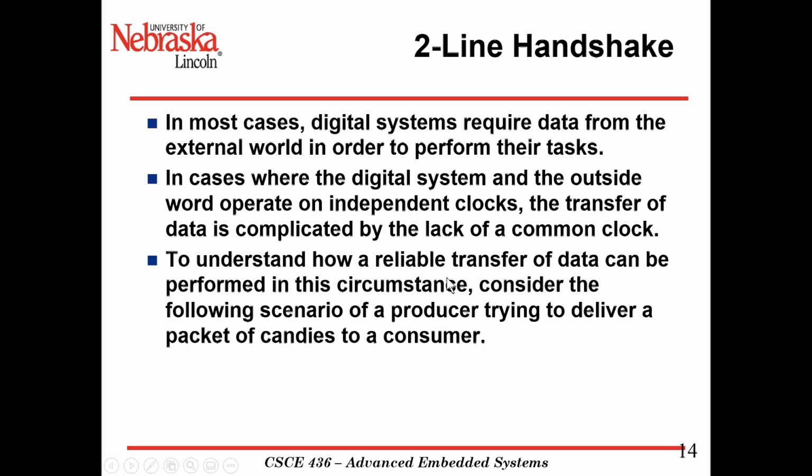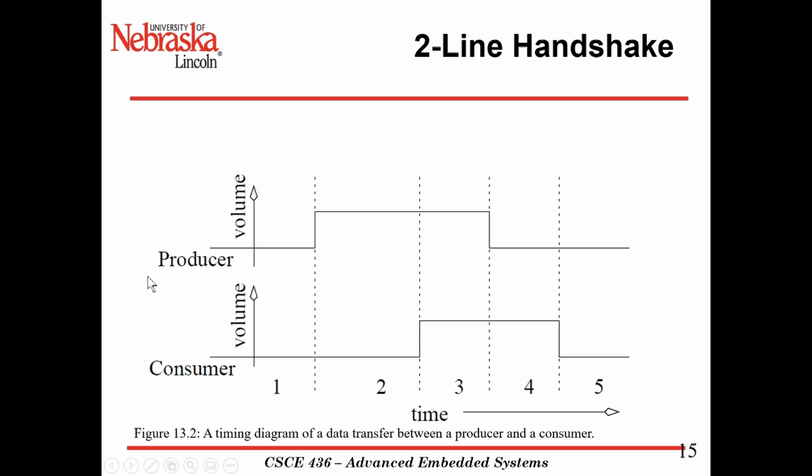So, following scenario, we have a producer and a consumer. This shows over time, 1 through 5, doesn't matter the units, and volume is on the Y scale. So we have our producer, he starts here, goes into a room, and says, I got M&Ms, I have M&Ms, and he keeps screaming that until the consumer who owns the M&Ms